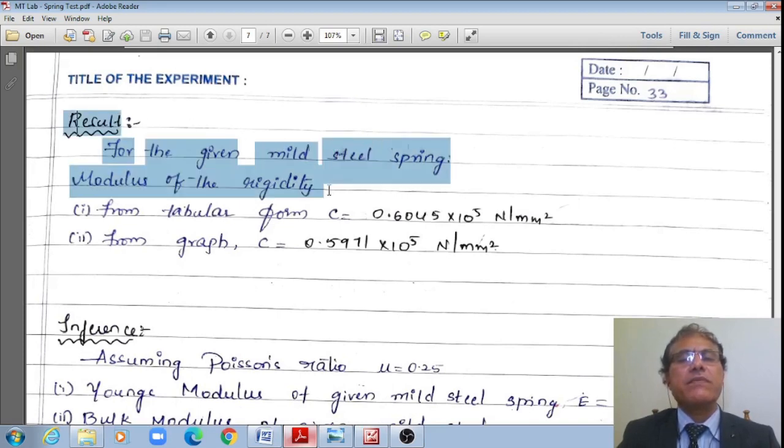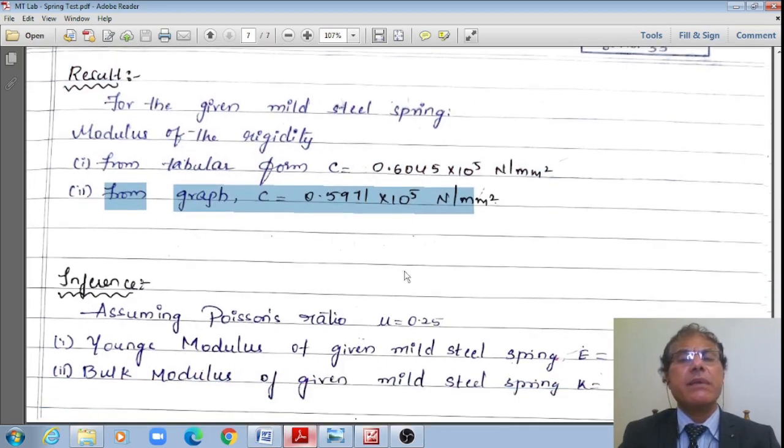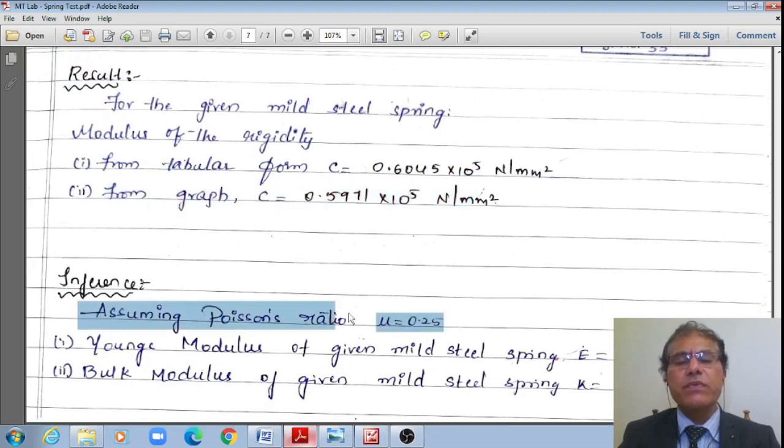The modulus of rigidity from the tabular calculations, the average of those 5 results, is equal to 0.6045 10 to the power 5 Newton per mm square, whereas from the graph, right, it is 0.5971 10 to the power 5 Newton per mm square. Almost here and there I got the same result, right? Same result. Even the inferences are like this: assuming Poisson's ratio of the mild steel specimen as 0.25,